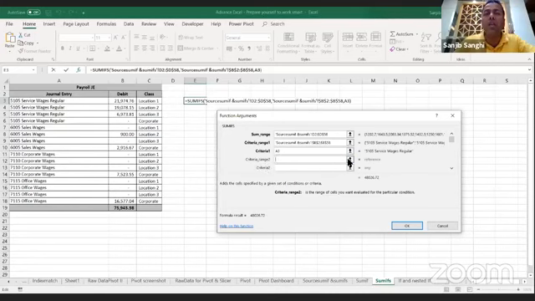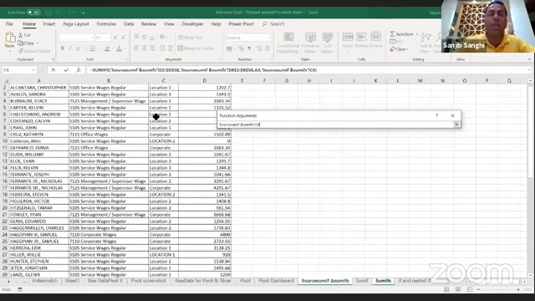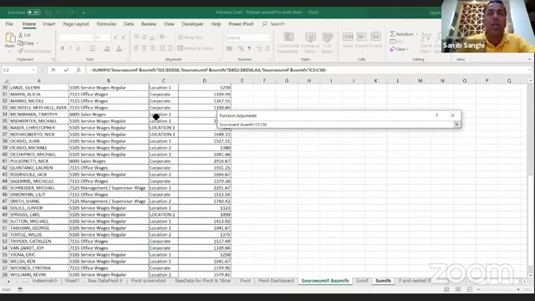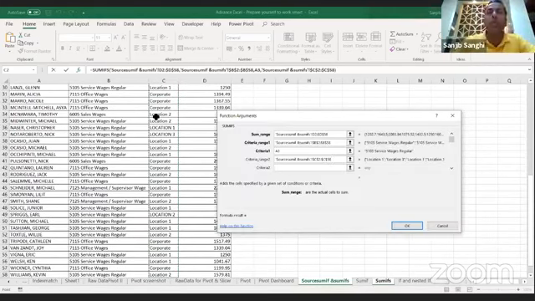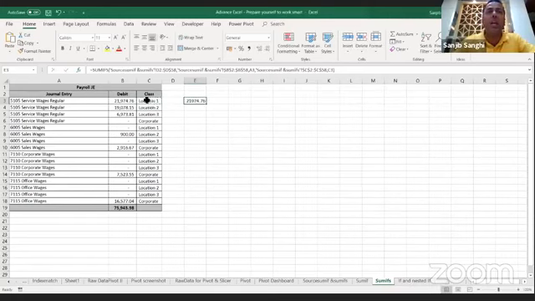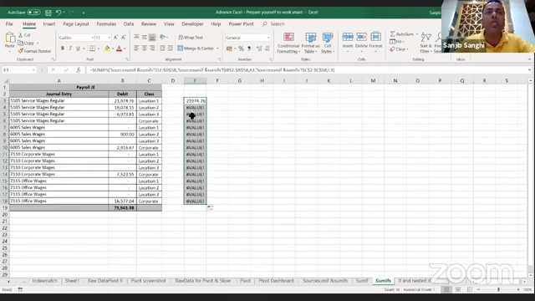Coming back over here, I can go back here and this time I will take the location. Control up arrow key, shift 1 down, control shift down. And I see it's C2 to C58, enter, and then use F4. Great. And what is my criteria? My criteria is location 1. And if I press enter, it comes up with the total. And then if I copy this down, let me see what I did wrong.